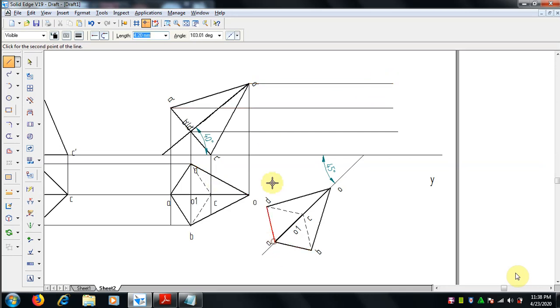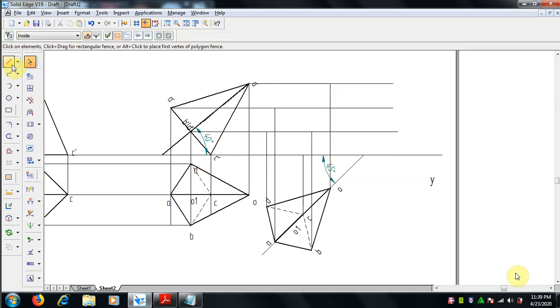And project from the top, A to A dash, B to B dash, C to C dash, all we have to project it. Project O to O dash.